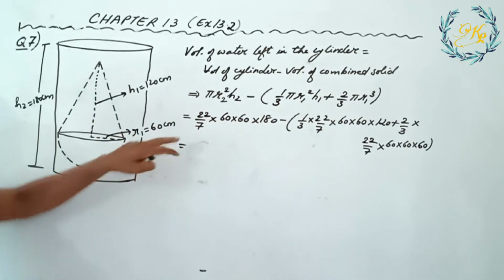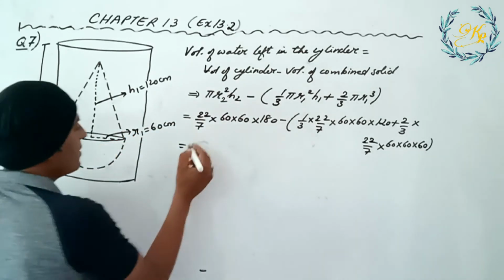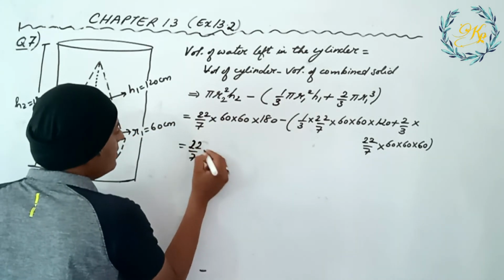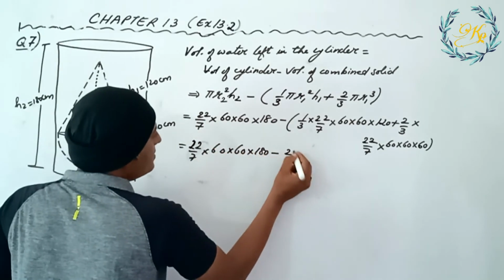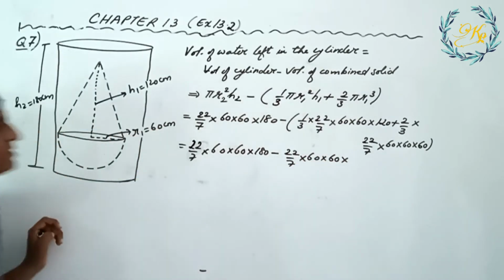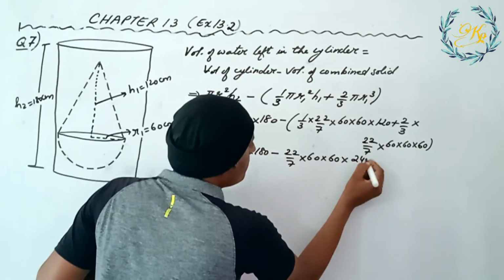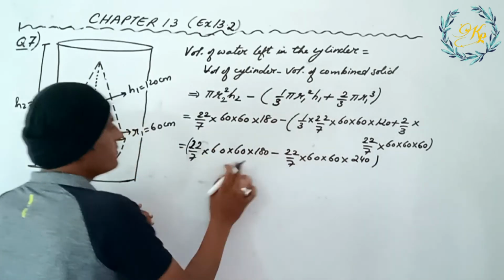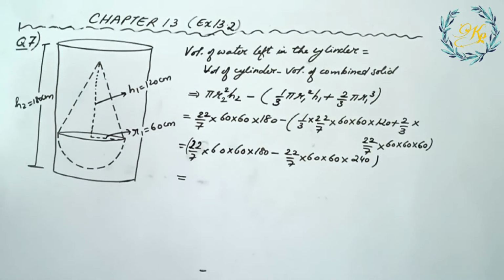For the first value here, for volume of cylinder, you will get the answer as 22 upon 7 into 60 into 60 into 180 minus 22 upon 7 into 60 into 60, and once you further solve the remaining values in the bracket, you get the answer as 240. So first you solve this, then you solve that and subtract both the values, and when you subtract both the values, you will get the answer as